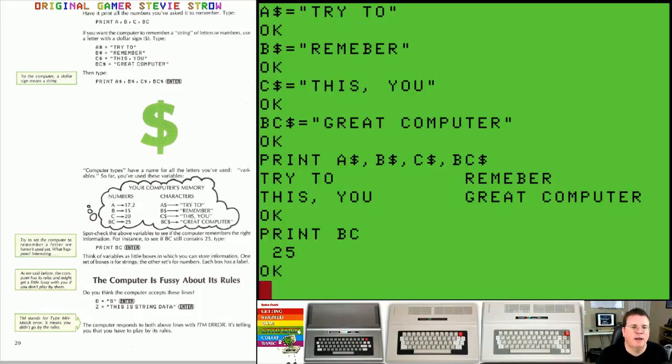the computer loses power. And so down here, the example it's giving you says think of variables as little boxes in which we can store information. One set of boxes is for strings, the other set of boxes is for numbers. Each box has a label, and that picture I showed you earlier with the little file drawers is a great visual analogy of this concept. But it does say that you have to follow rules. Computer is fussy about rules. Computers are fussy about everything. Computers are very literal. Computers want things exactly as they are supposed to be, and computers don't accept too many